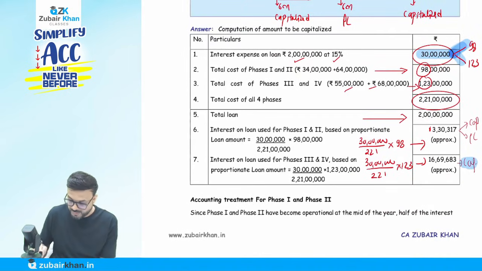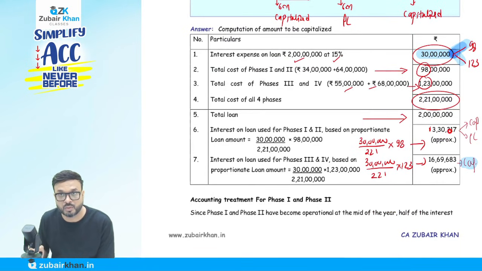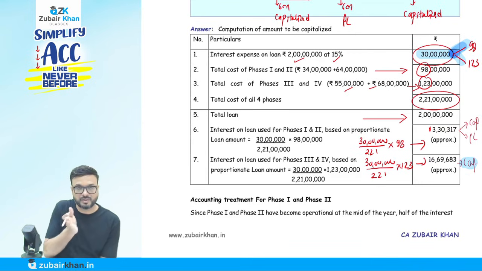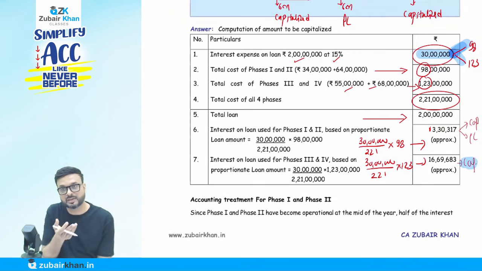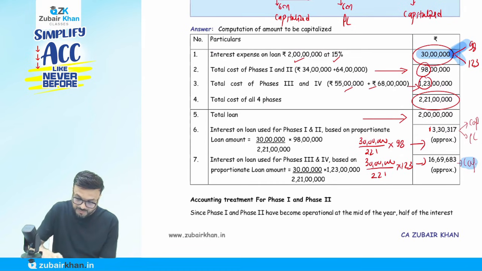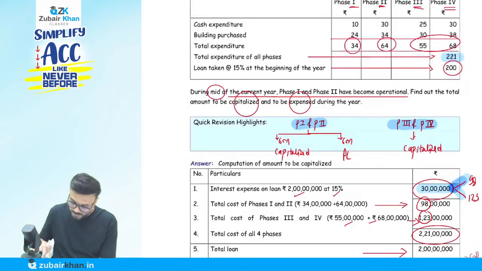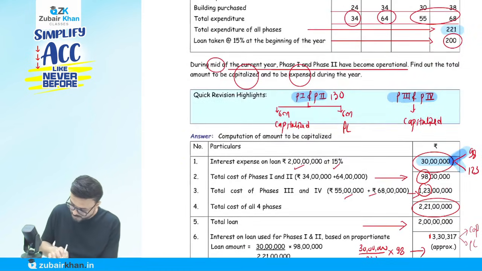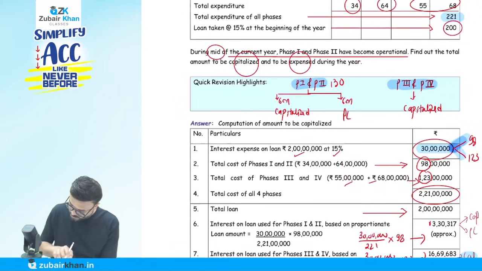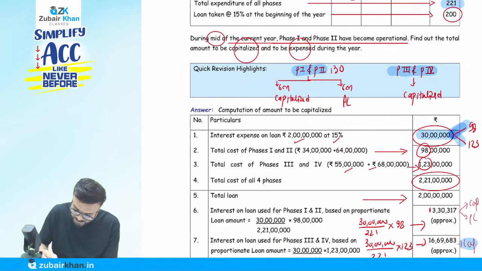So what we'll do here, for the amount which belongs to phase 1 and 2, 50% will be capitalized, 50% will be charged to the P&L account because it is completed in the middle of the year. So 50% before that is capitalized, 50% after that will be P&L account. So 1,30,000. Okay, you can write it down here. 1,30,000. No, not 1 lakh. 13,30,000. Just 1 minute. 13,30,000. 317. Okay,